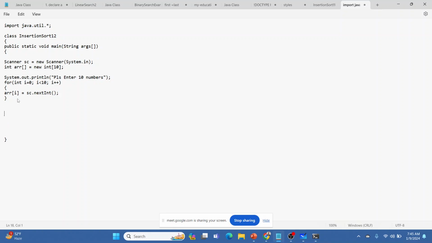Now there is one thing that we need to do. We need to print this part before sorting also. Before sorting, we need to print arr[i] followed by spaces, and this needs to be here.